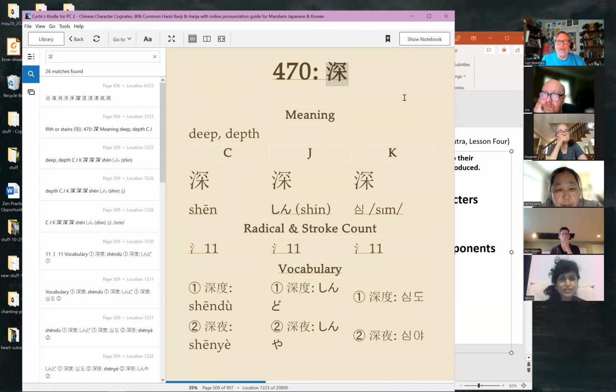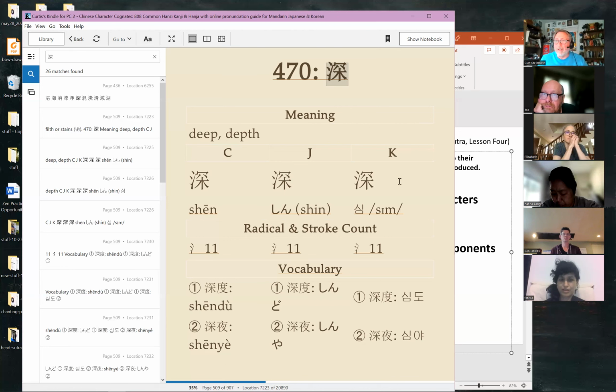70. Here we are. So that's another thing that I plan to talk about as we go along in this course in particular. There are a couple of characters that actually do have a different number of strokes depending upon what font is being used to write them. But for the most part, if you're using this dictionary, then just do,